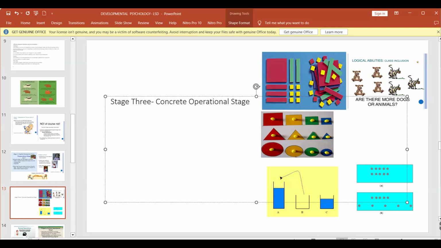What is meant by concrete experiences? Now, if you want to talk to them about a horse, you can't just go on explaining what it looks like. Instead, you have to make it a concrete experience for them by showing them a picture. You show them, this is a horse.